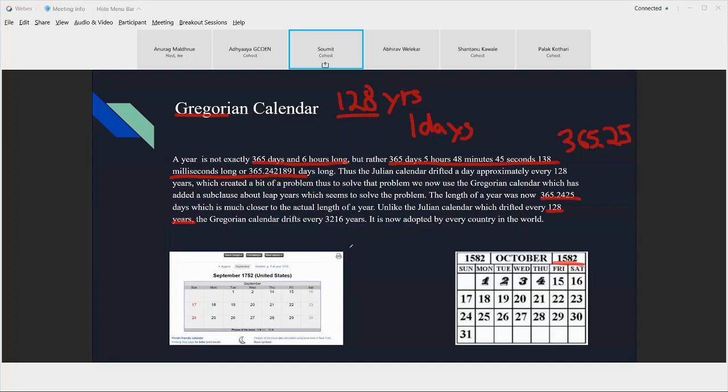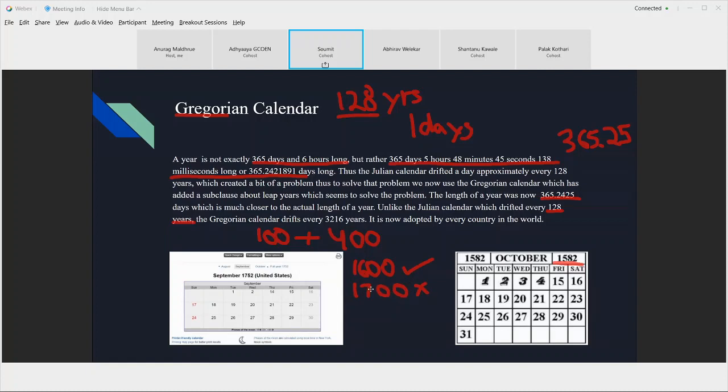So what is the difference that we have in the Gregorian calendar that we don't have in the Julian calendar? For the Julian calendar, every fourth year is a leap year, but for the Gregorian calendar, there is a clause. The clause is that if divisible by 100, it should also be divisible by 400 for it to be a leap year. So what it actually means is the year 1600 would be a leap year, perfectly fine, but 1700 would not be a leap year because it is a multiple of 100.